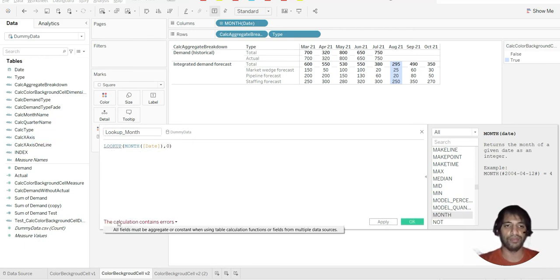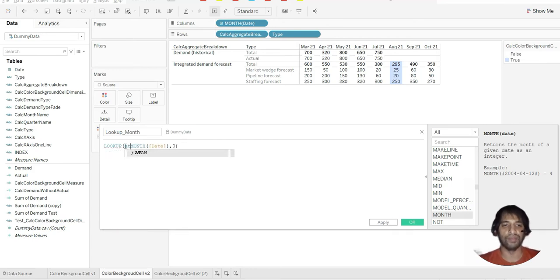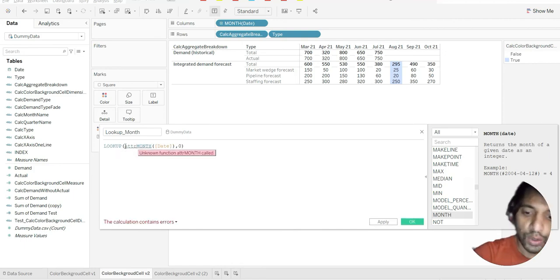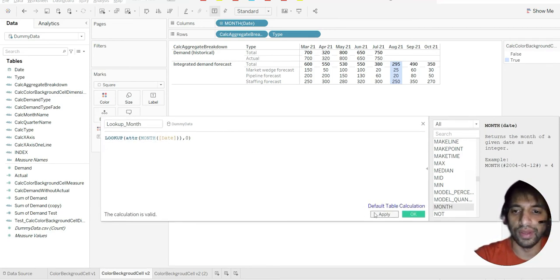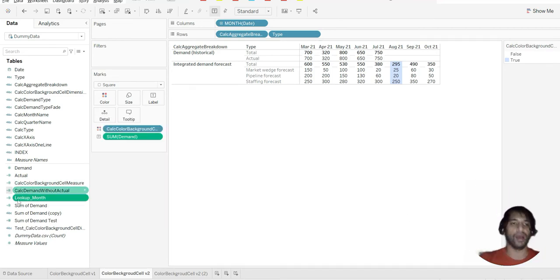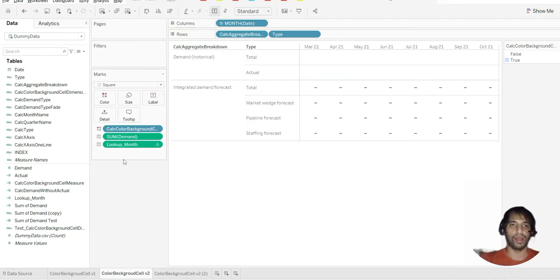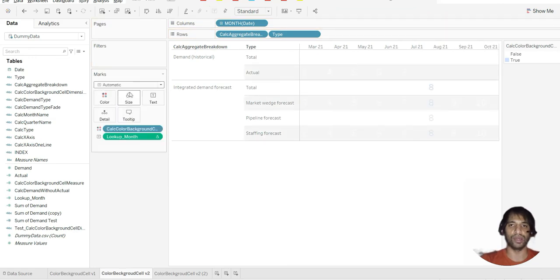It will again give you an error saying all fields must be aggregate. So don't worry. I say attribute, and that helps me to turn this to aggregate. Okay, fair enough. And I put that lookup to the label, and maybe there will be some distortion over there. Do not worry. I'll need to turn that back to automatic.